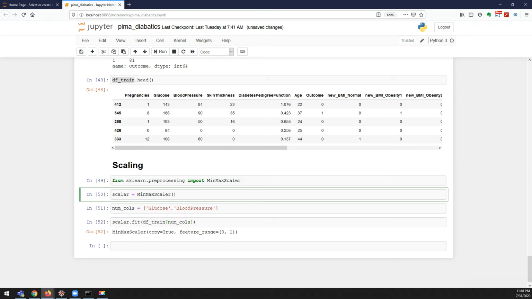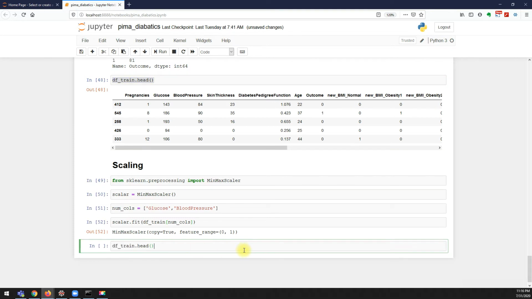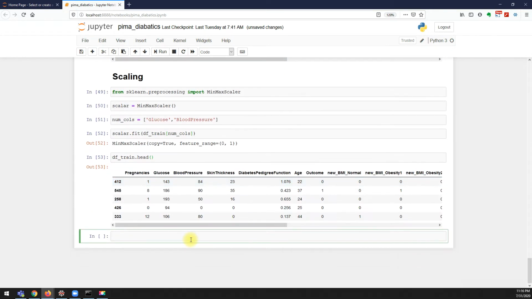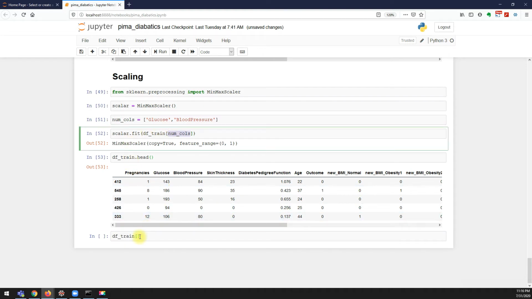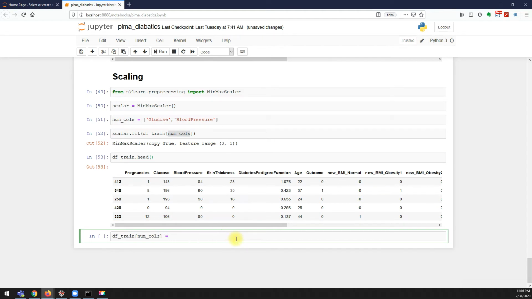So now we'll see how this looks. We don't see any changes here. Now what we'll do is we'll try to transform it. In a minute I'll explain what I mean by transform. First we'll do that, equal to scaler.transform.